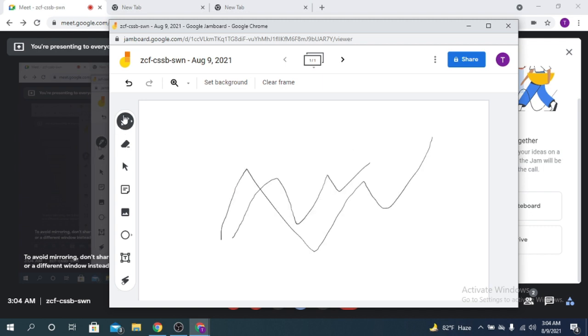Okay, and here are some pen options. I will show you how to work with Jamboard in another video. For today I'm not going to show you how to use this one. I'm just going to show you that you can use Jamboard in your Google meeting, and you can present this to everyone.